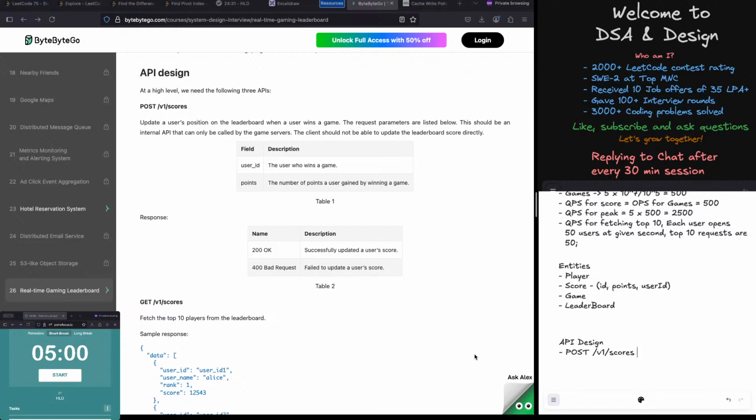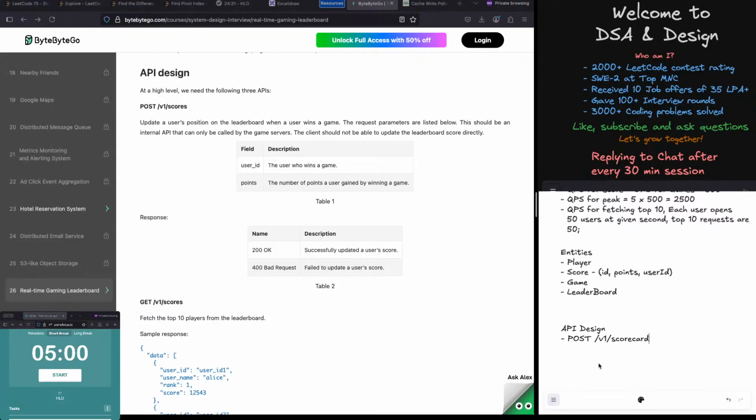So score table will have a username, it will have its score ID, or user ID can be the primary key, right? Scores of all the users, basically scorecard. Yeah, scorecard is a better thing, I think. Scorecard. So whenever there is a post scorecard,